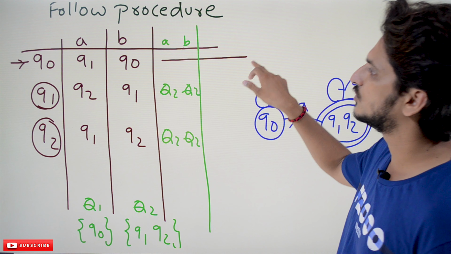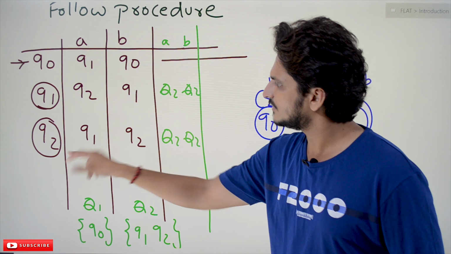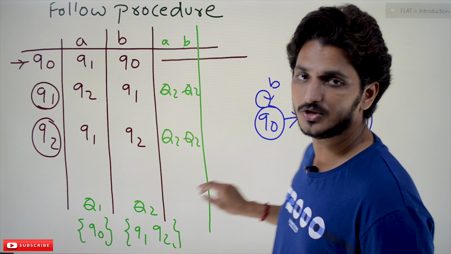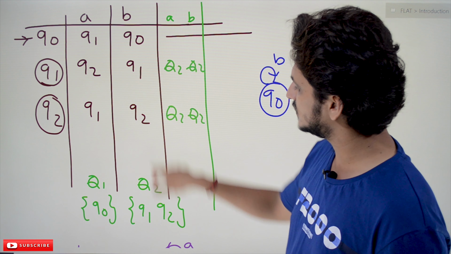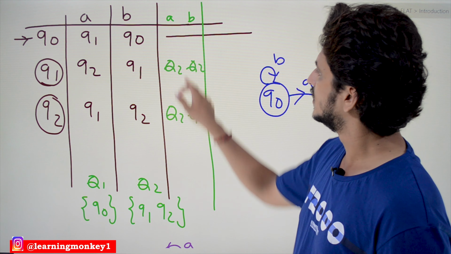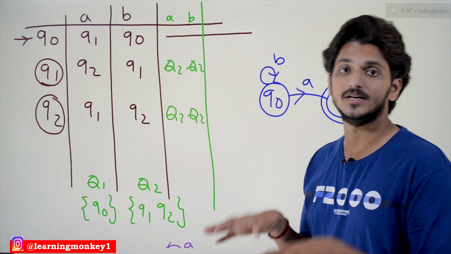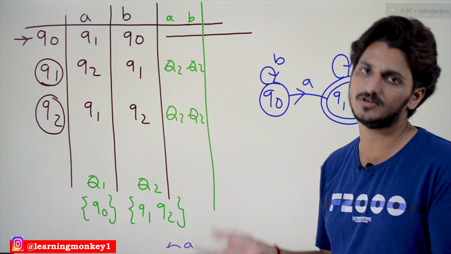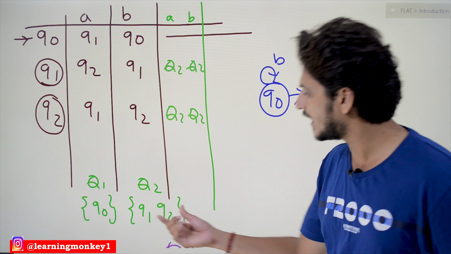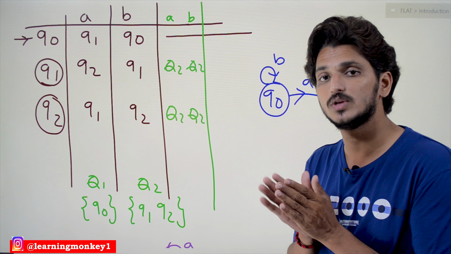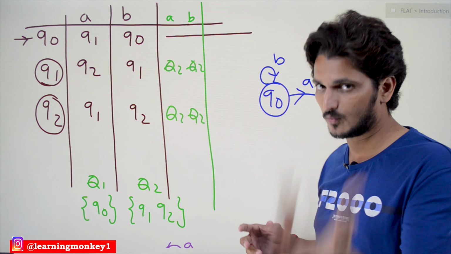So let's try the procedure. The first state Q0 we are not going to do, that's why we have made it blank. On Q1, if you apply A, we are moving to state Q2, which is in the final set. Likewise Q2 on A moves to the same set. Both are moving to the same set, so it is not going to divide any further. If it is not going to divide, we have to combine these two states. This intuition we already provided in our previous class.